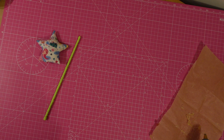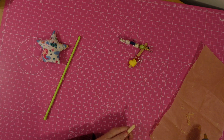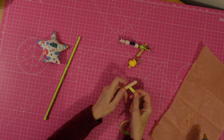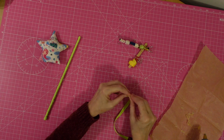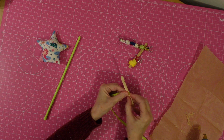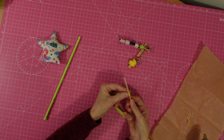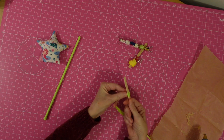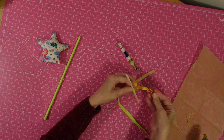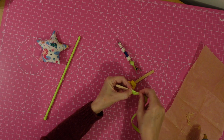So what I did was I took my ribbon, and I took these lollipop sticks, and I don't know if you know how to curl ribbon, this type of ribbon that you can put in the oven. So I wrapped it really, really tightly for the length of the ribbon that I want, and I just kept wrapping it and wrapping it and wrapping it. And then I took one of these clips and I clipped the end over so that it was clipped onto the stick